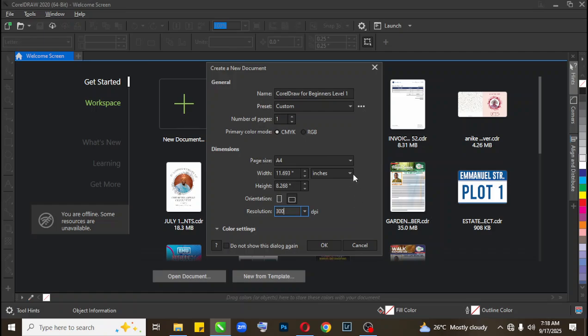So once I'm done with all of this, which I think you should also do and check out. It says color settings here, but I think probably in a level 2 or level 3 beginners class, I'll check on that. Okay. All right. So let's go into our document by just clicking OK,